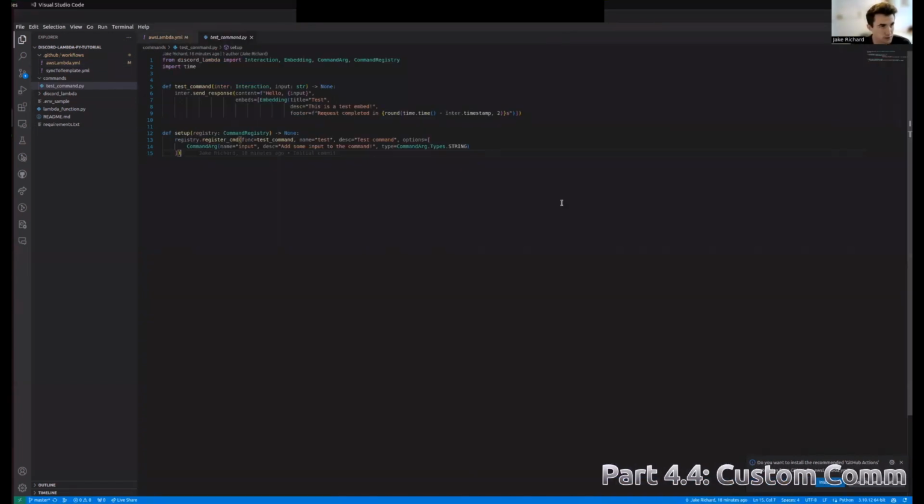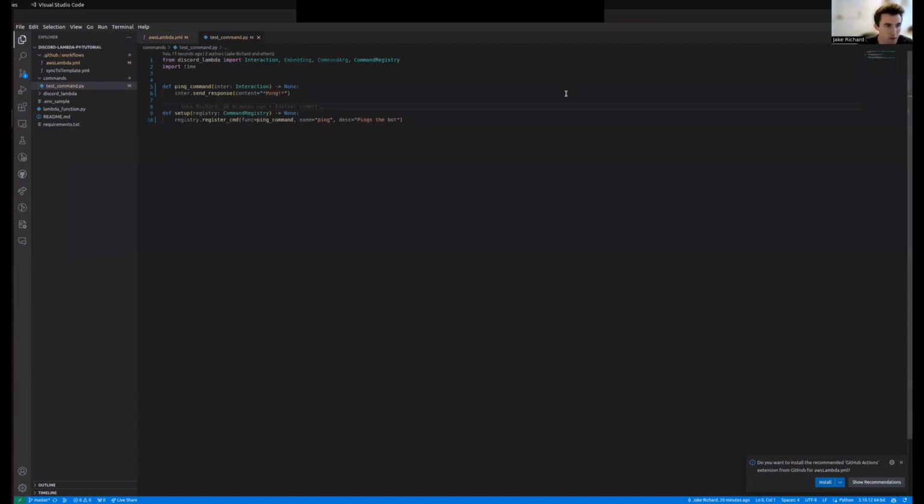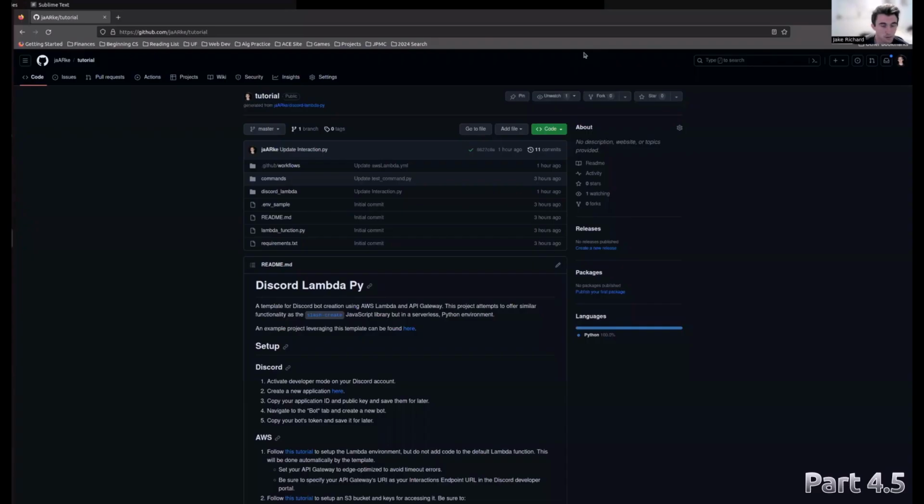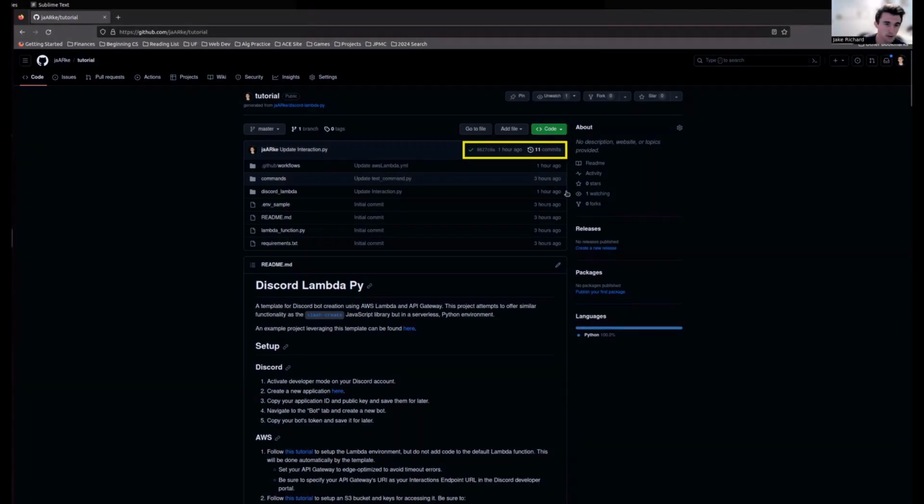Now that we've made those workflow changes, we can start building out functionality for specific commands that our bot should recognize. We'll do this in the existing testcommand.py file, and I'll make a command that responds to a /ping request with pong. Now that we've made our changes, we'll push to GitHub and allow the workflow to execute so that our changes are pushed to our Lambda function. If you've completed the steps up until this point correctly, the push to master should have rolled out an update to your Lambda function that completed within 1 to 2 minutes. You'll see that it's complete because a check mark will appear next to your GitHub repo.